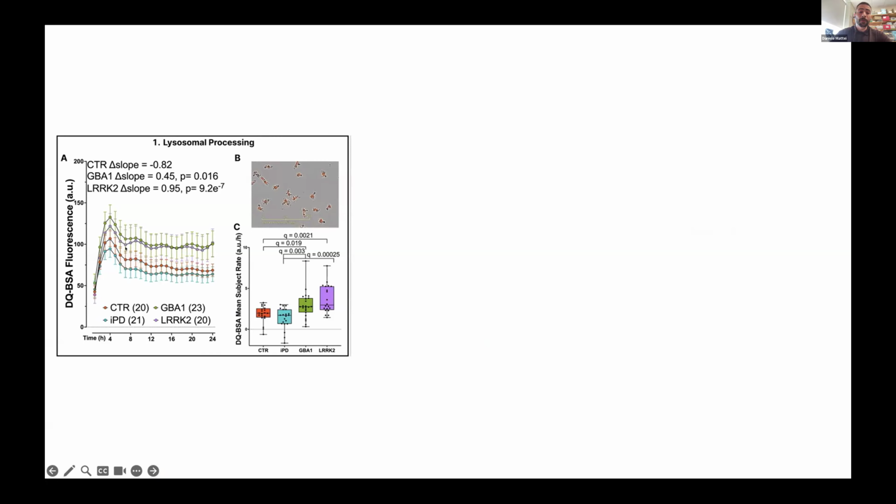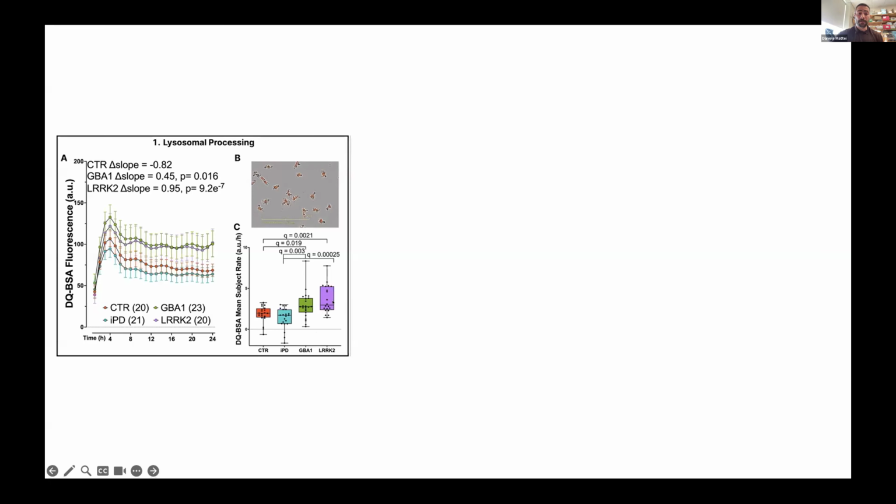And oftentimes DQ-BSA is used in very short pulses, and fluorescence is recorded within a small time window. I did record for 24 hours because I was interested in both the initial uptake and initial processing efficiency. But then I was also interested in seeing how fluorescence decays over time, which reflects the complete lysosomal processing of